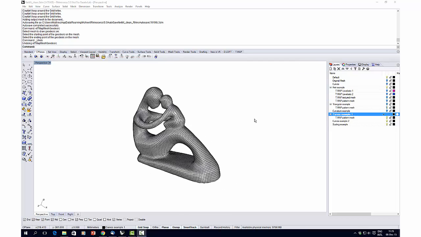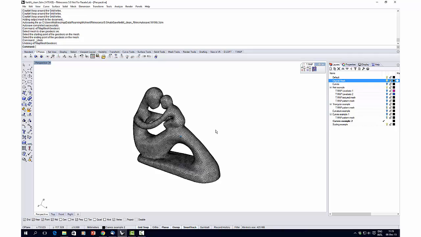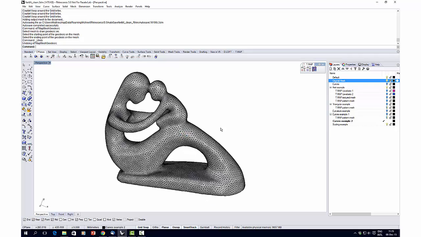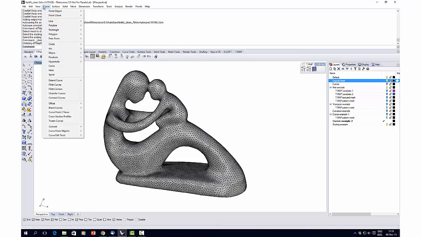So of course you can use as many curves as you want on the input surface to influence the parameterization. The curves don't even have to be on the surface, they can be around and just roughly describe the directions that you want to achieve. Let's do another example where I'm going to use several curves. I'm going to display again the original surface and say that I want to align the parameterization better with the legs in this area. So I can either use, if the input surface is a NURB surface,